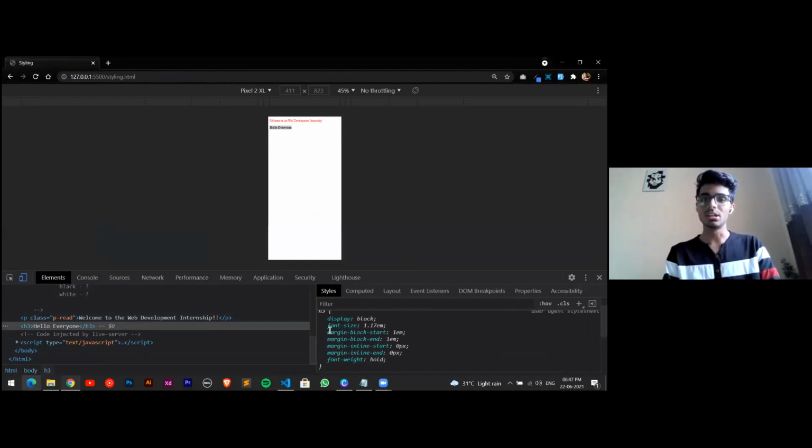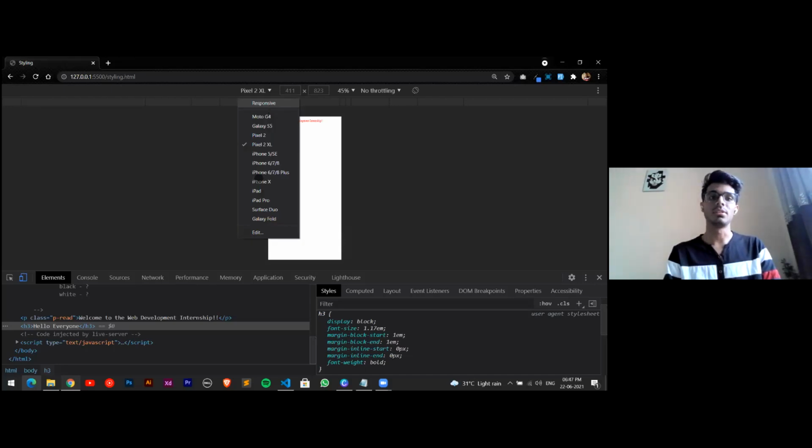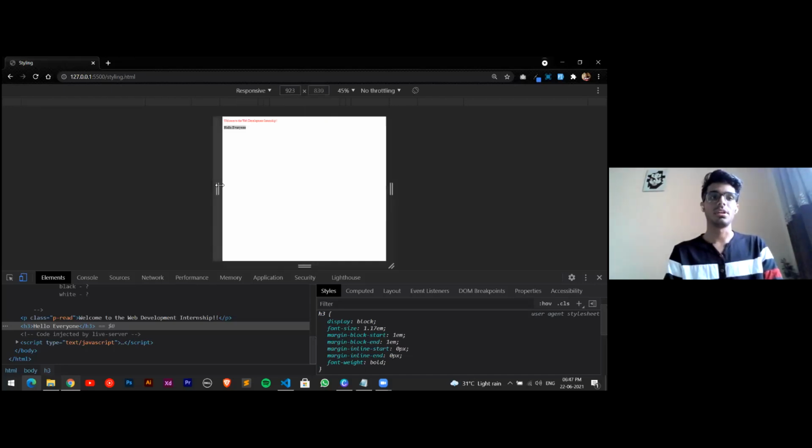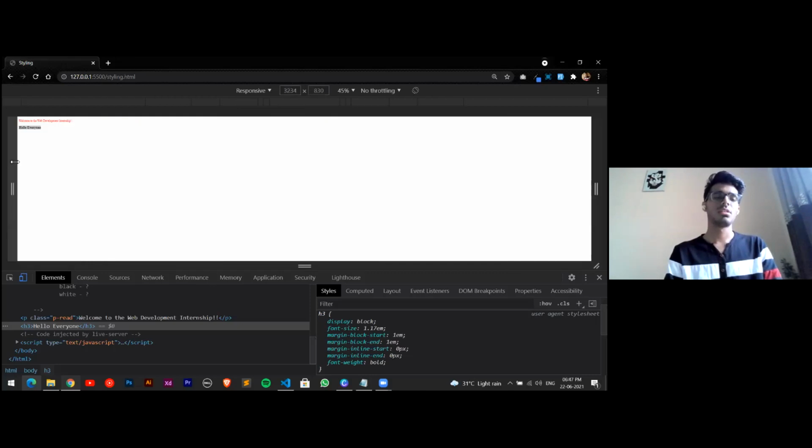As you can see, the font size has been set and the margin is being given over here itself. Okay, so there is a 1 em of margin at the start and the end of the element. So there is a margin by default provided inside this HTML.